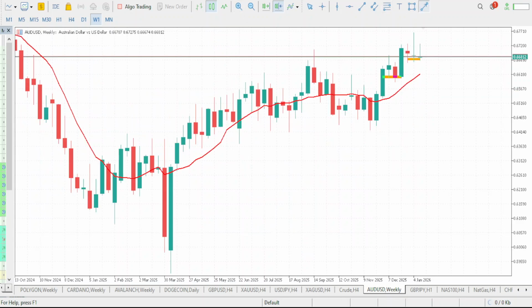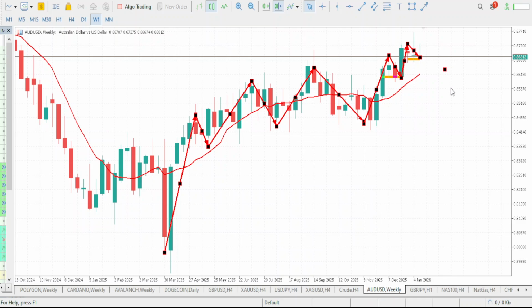Now, this is the movement that AUDUSD gave us. It gave us this high. Then here comes the higher low. Market was able to push up to form a new higher high, and here comes the higher low. Market was able to push up again to form a new higher high, and here comes the higher low, right? Market pushed up again to form a new higher high, and here comes the higher low. Markets then pushed up again to form a new higher high, and then here comes the higher low.